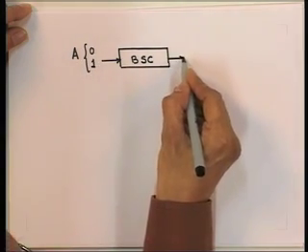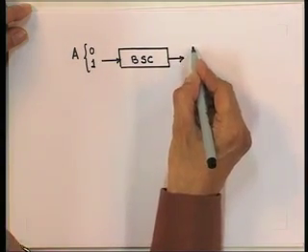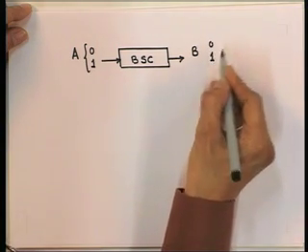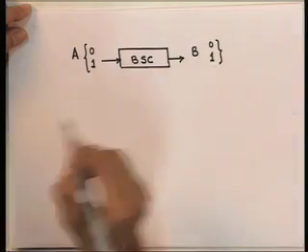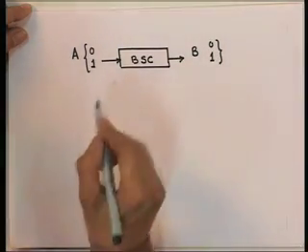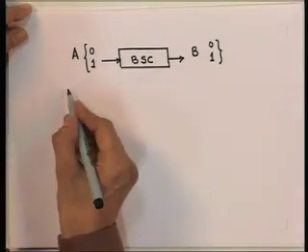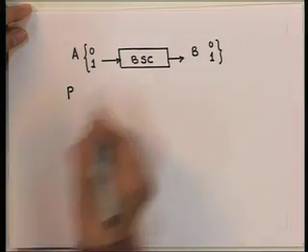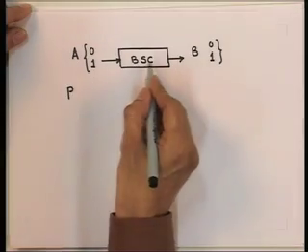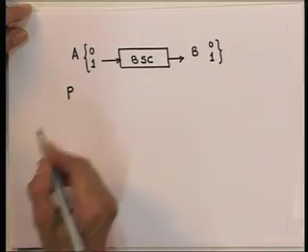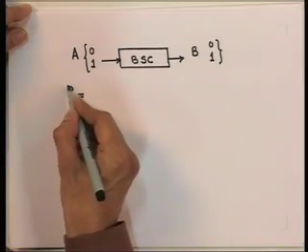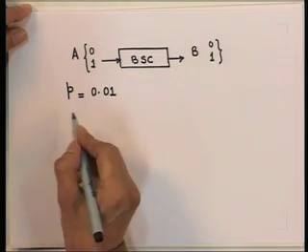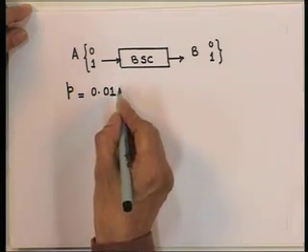The output of this channel is alphabet B consisting again of letters 0 and 1. To be even more specific, we assume that the probability of error of this binary symmetric channel, denoted by P, is equal to 0.01, which means that 99% of the bits